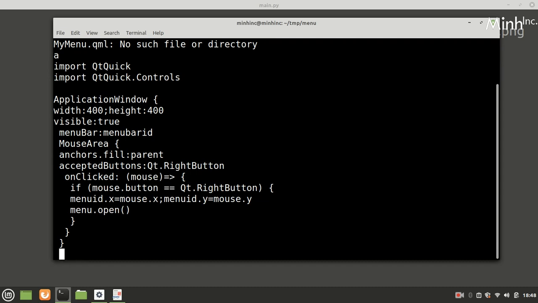Okay, so this is the menu bar, and this is the context menu.